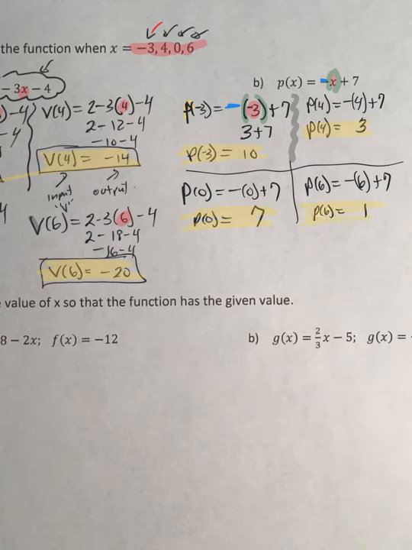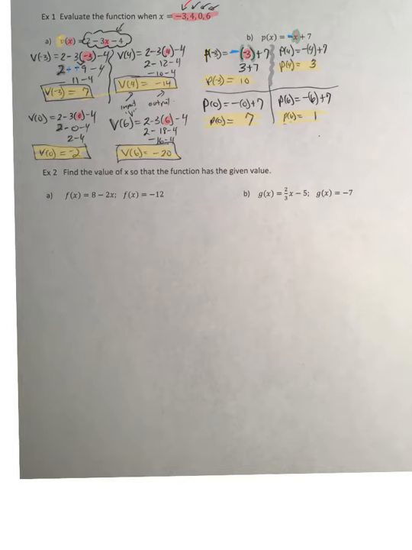So just to reiterate what this means, you read this as P of 6 is equal to 1. And it means that when you plug negative 6 into the P machine, you're getting 1 out. So when you plug 6 into the machine, you were getting 1 out. So input, output. Okay, on example number 2, it says find the value of x so that the function has